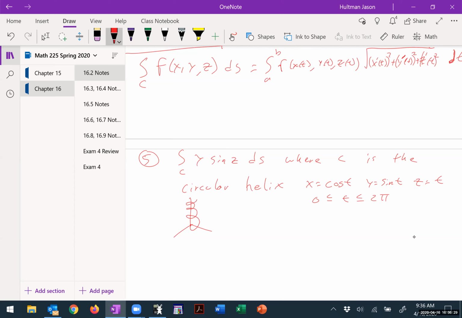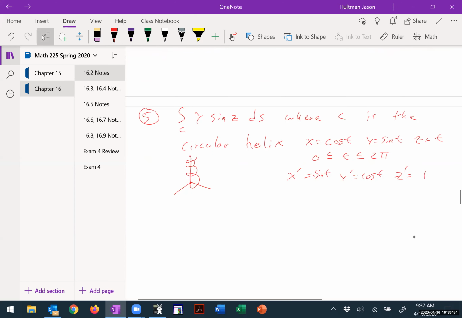So what do we need? Well, we need to know what x prime is, what y prime is, and what z prime is. x prime is going to be negative sine t, y prime is going to be cosine t, and z prime is equal to 1. So we want to take our line integral from 0 to 2 pi of,